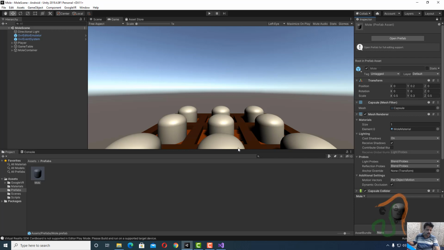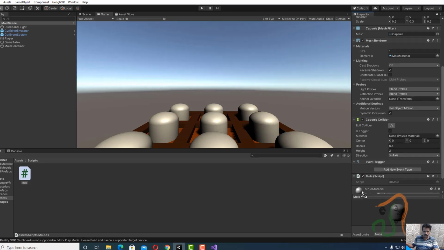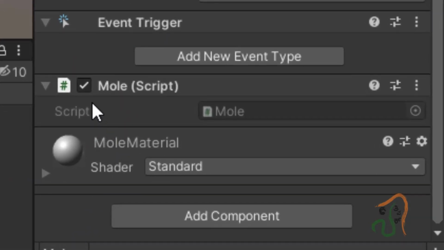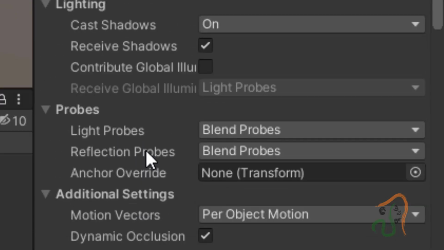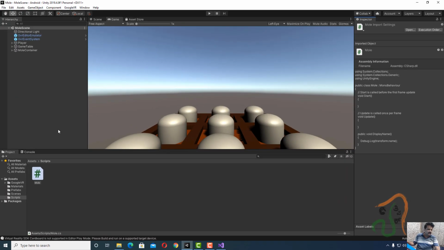So once you have switched it lock here, now come back to assets, and in scripts select this mole, drag it and put it in this inspector window. So when you drag it into the inspector window, here you can see the mole script is added to this. Now after this, unlock it. Then we have attached the script to the mole.